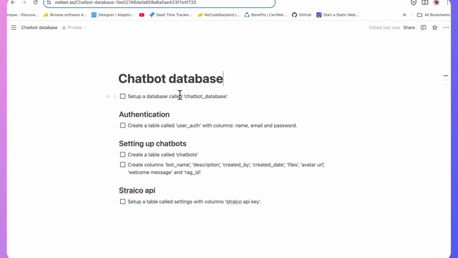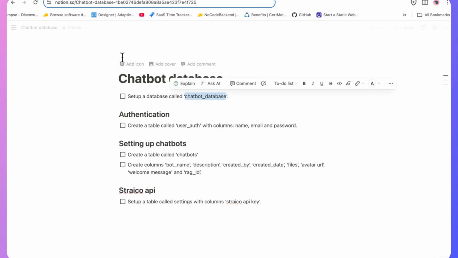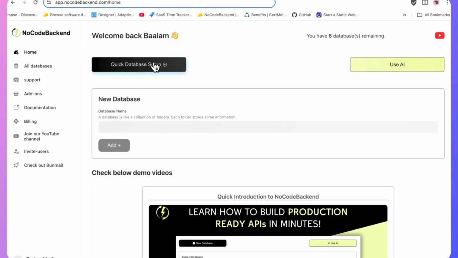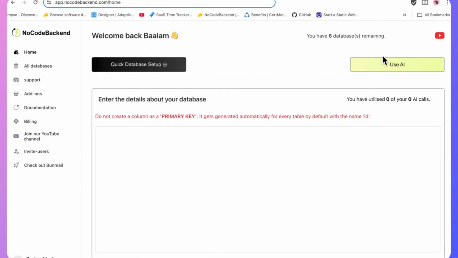So let's first of all set up a database called Chatbot database. So just copy this. I'll go to NoCode backend and I'll start setting up a database here. Or let's use AI itself. So I'll say let's create a database called